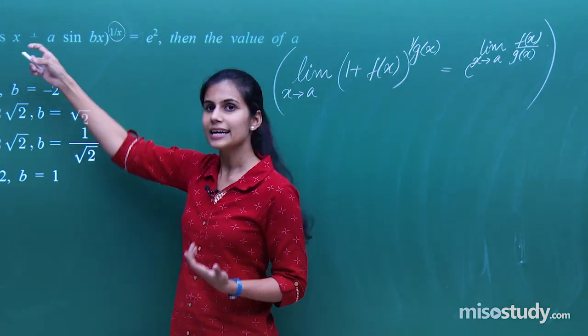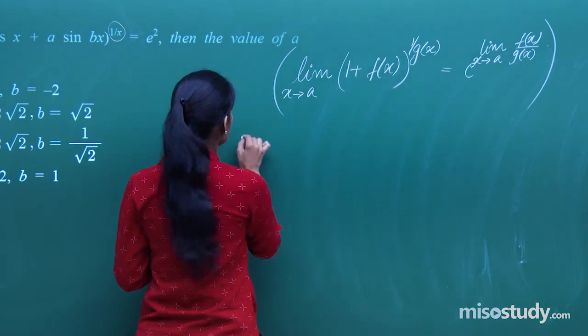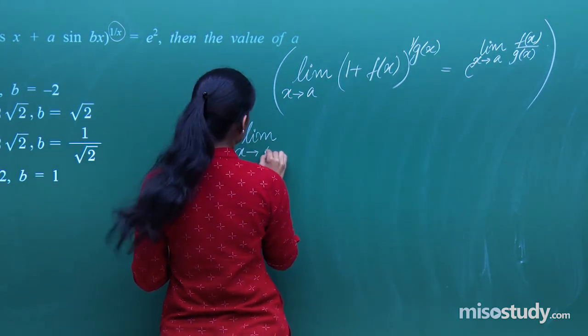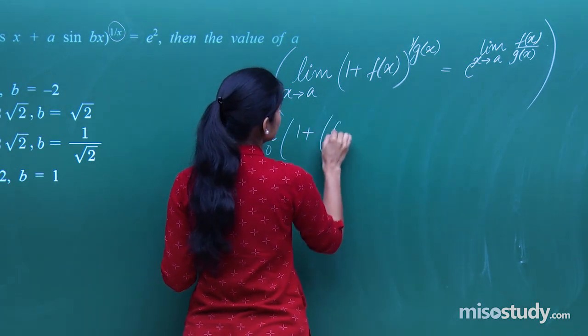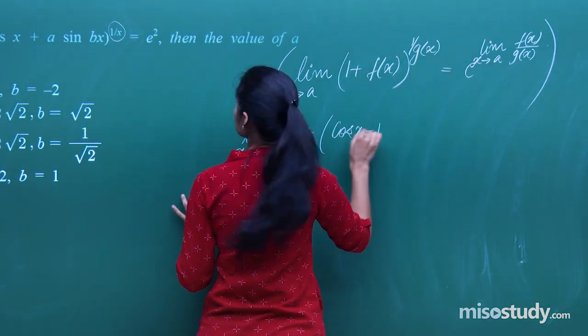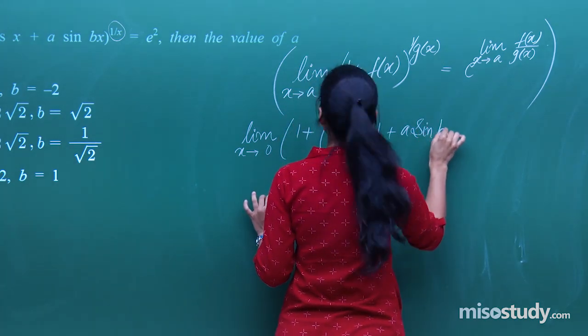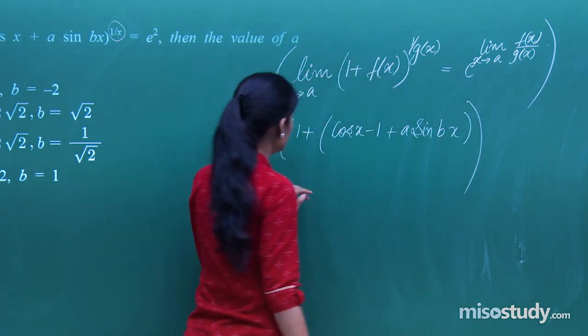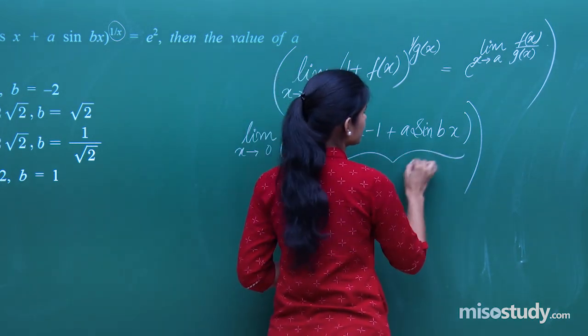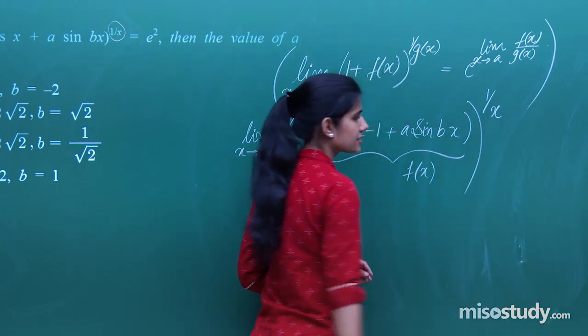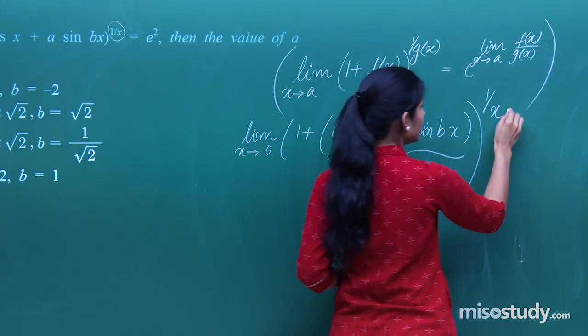I need to write this as 1 plus something. So this will be written as limit x approaches 0, 1 plus cos x minus 1 plus a sine bx. So 1 plus fx to the power 1 by gx. X is what? Your